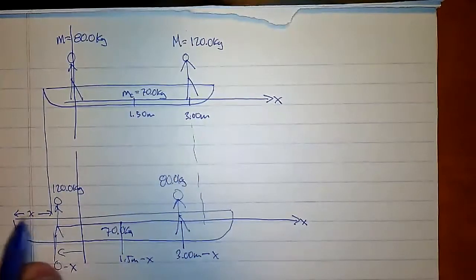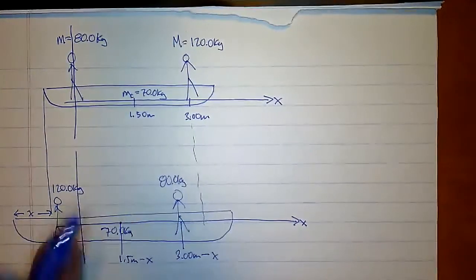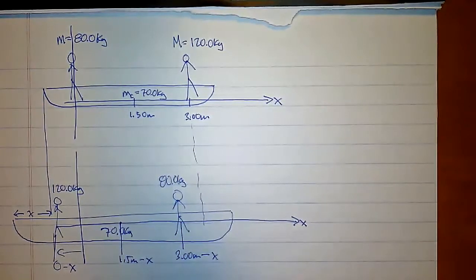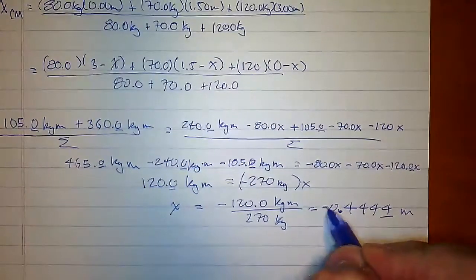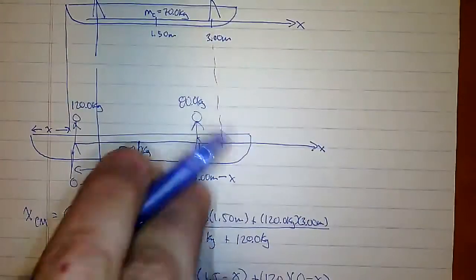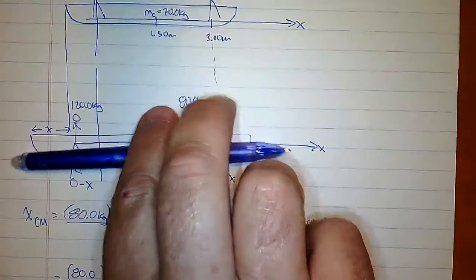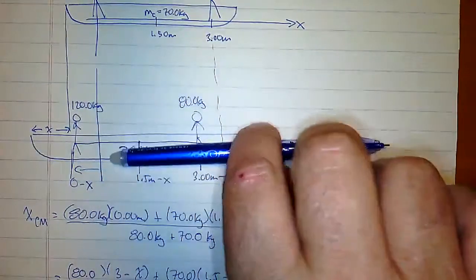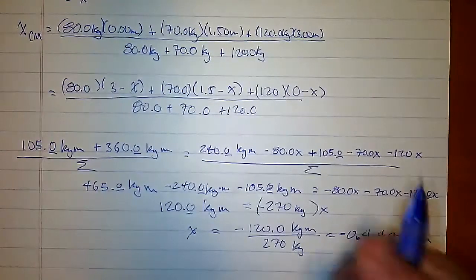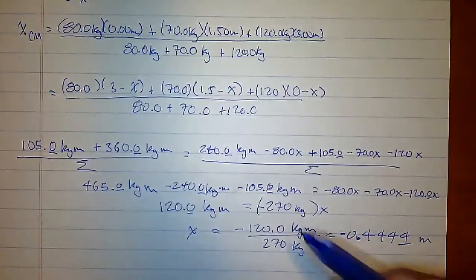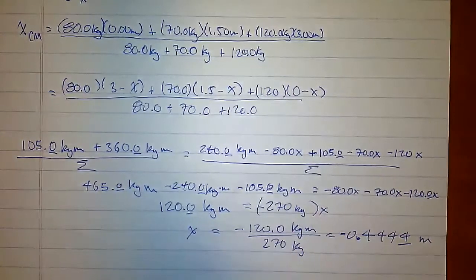Now notice I intentionally chose the wrong direction because I figured it was going to move the other way, but I wanted you to see how if you get the wrong answer, it's not a big deal. It's just going to give you a negative sign. So what this is saying is that in actuality, the whole system would have moved by about 0.44 or 44.4 centimeters to the right, not 44.44 centimeters to the left.